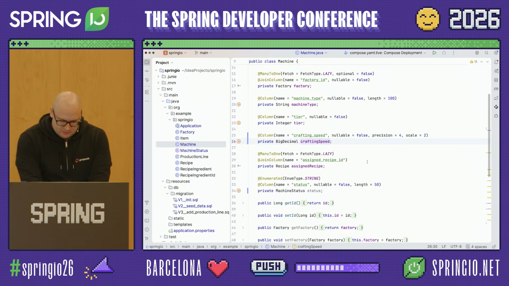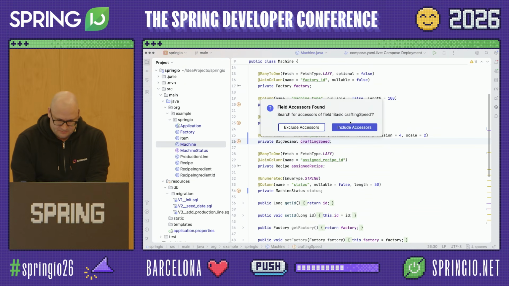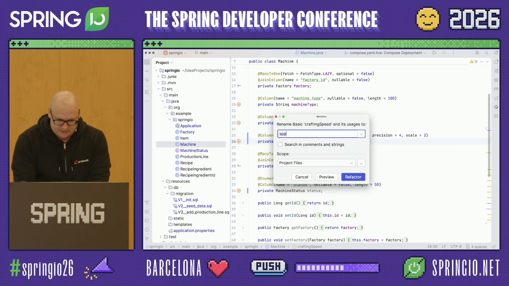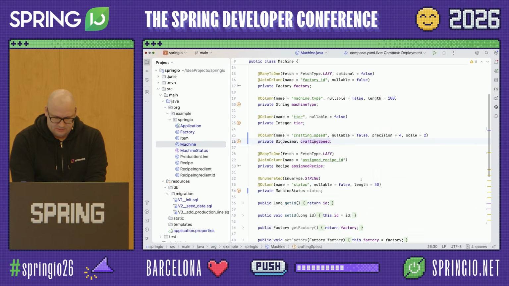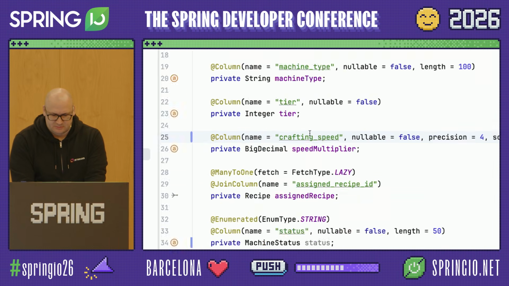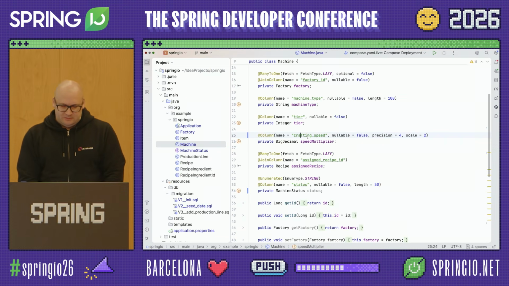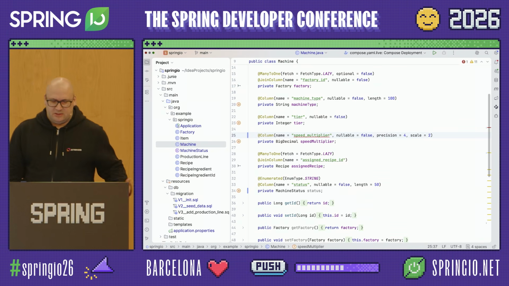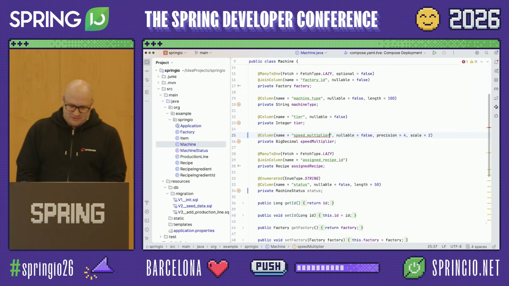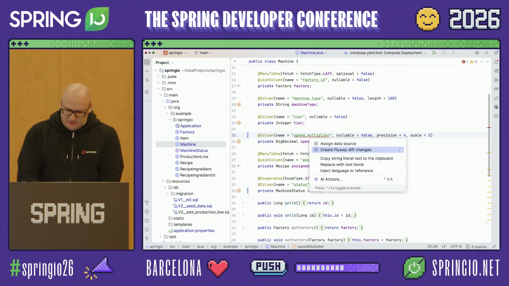So maybe we call it something like speed multiplier, something like that. Yeah, so it didn't rename the column, because we are just changing the logical model, and it's safer not to rename the column itself. But assume we want that. So it's going to be speed multiplier. So now we are attacking our status quo in the database, and we probably want to generate the migration. So if we create the migration,